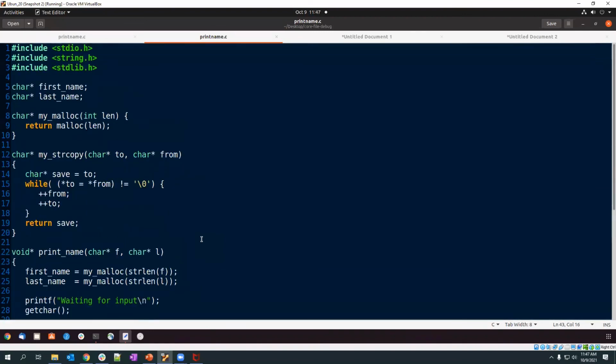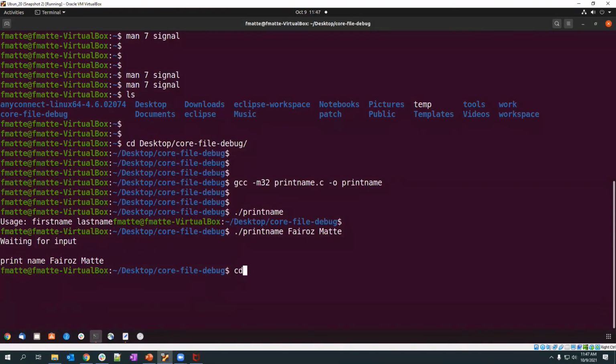I will now introduce some bug in this code. You will not be able to see this. You can see there are three, four files I have opened here: 1, 2, 3, 4. This one you don't worry about. This is the second file which is shown here. This is the first file. If I just click on this, you will understand what the bug is, but I am not going to click over there. Let it be a climax, and we'll try to figure out what bug we have introduced. So let me go to that location, which is on my desktop.